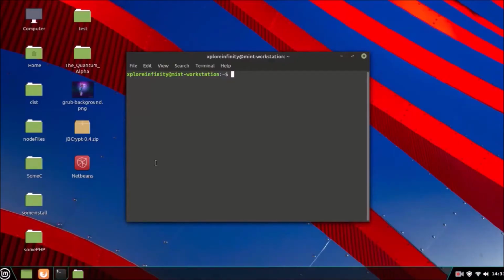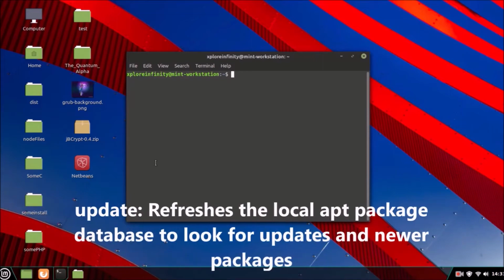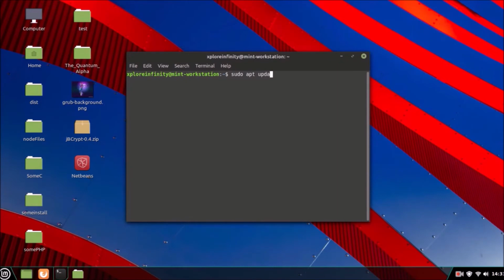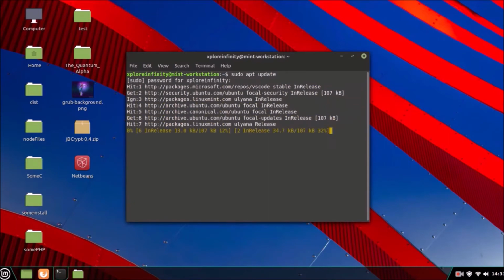Now, if you want to check for updates of all the packages and applications that you have installed on your system, there is a command called update for the apt package manager. So you just type sudo apt update. What this will do is refresh the apt package manager's offline database, and if there are any updates available, it will notify you. So I'll press enter, fill in the password, and it will query all the